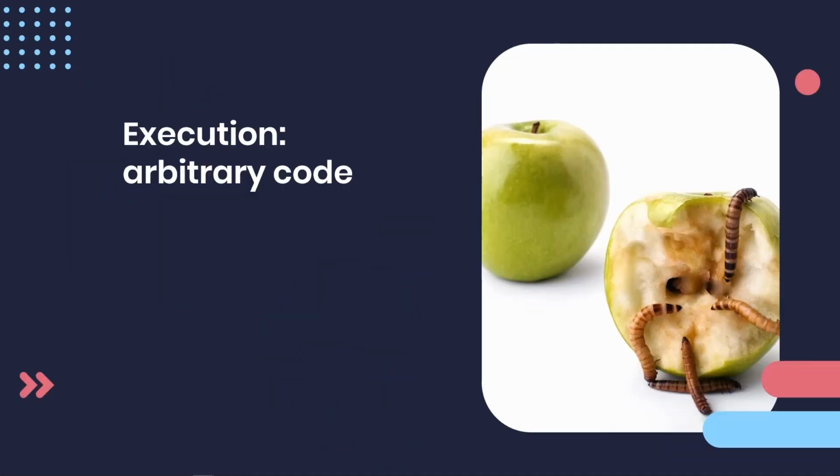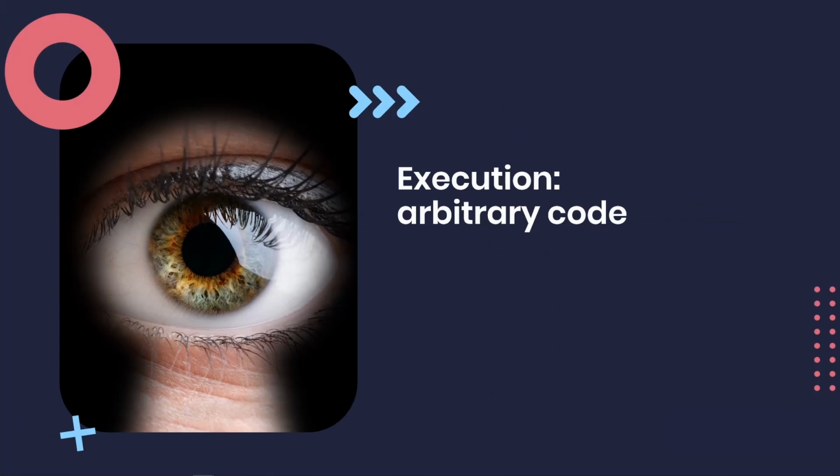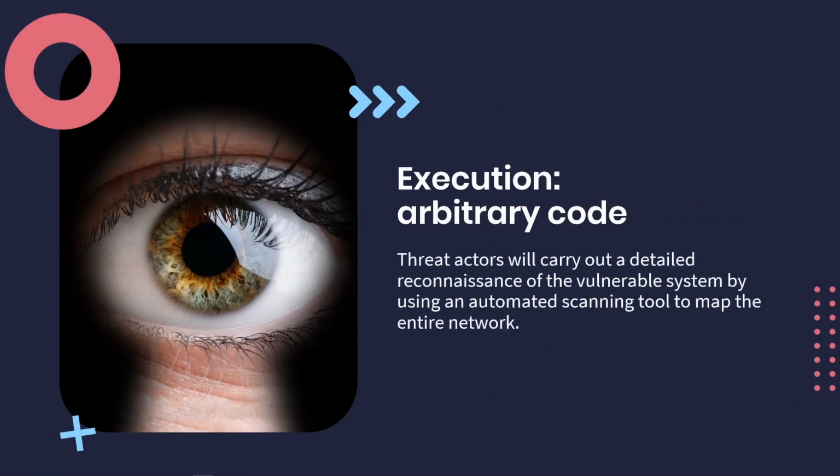The threat actors who launch these kinds of attacks mostly work in large groups. They make use of advanced automated scripts to gain control of the victim's system. Remote arbitrary code is mostly used to gain remote user administrative access on a vulnerable system. Before staging the attack, the threat actors would have to have carried out a proper reconnaissance on the vulnerable system